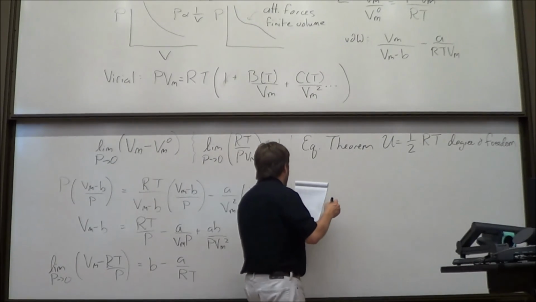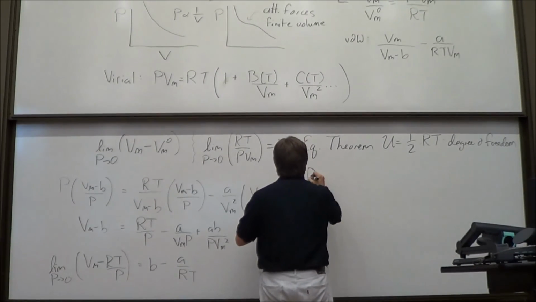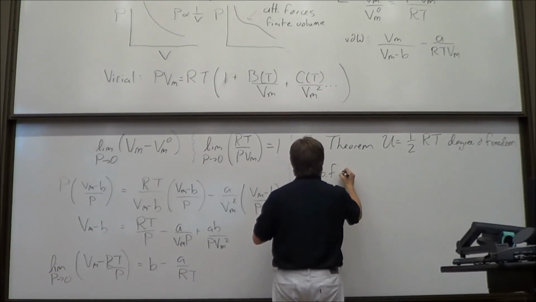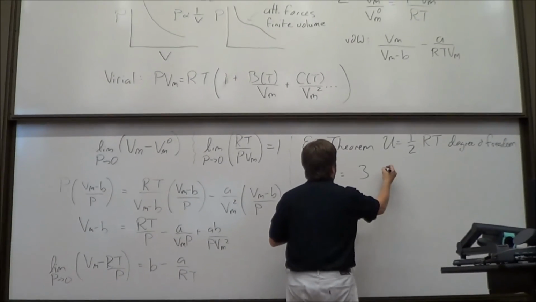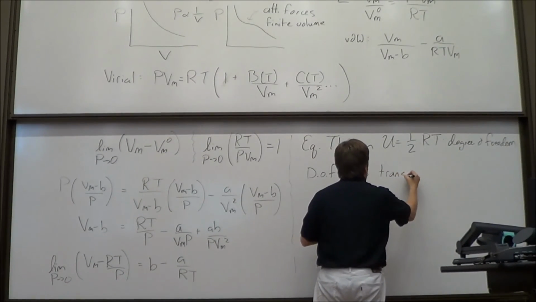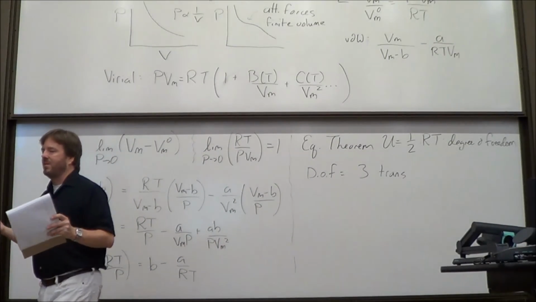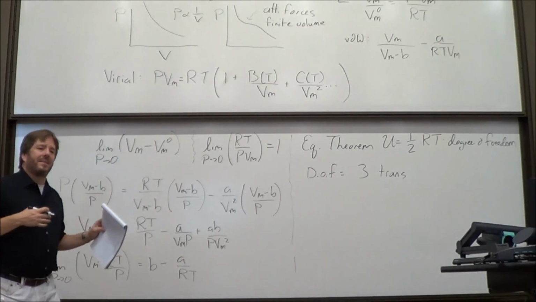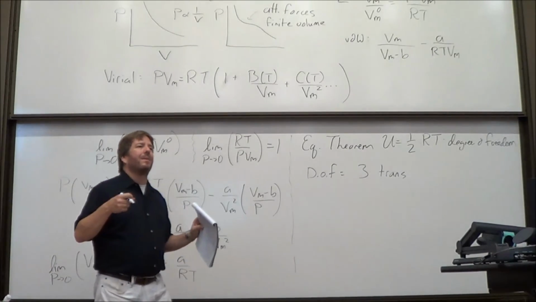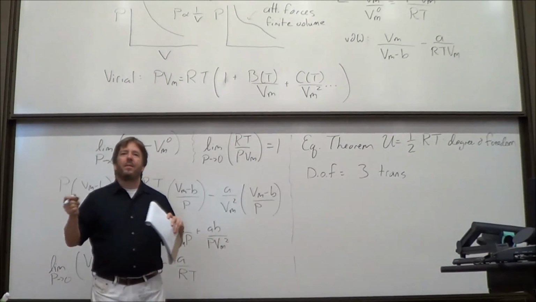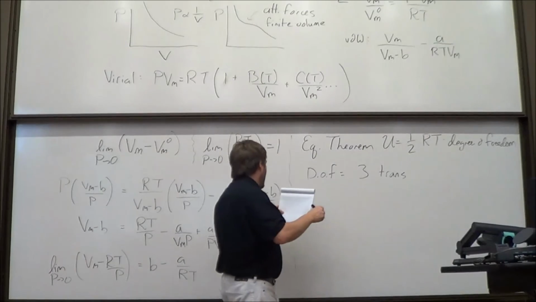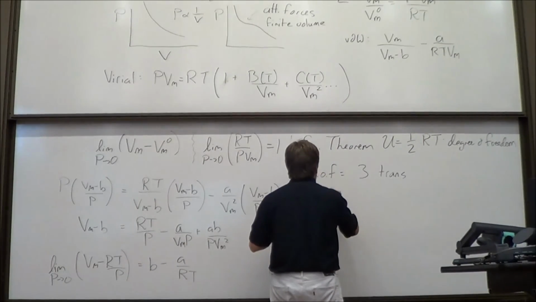Okay, then we need to define degrees of freedom. So DOF. Degrees of freedom are 3 translations. So all gases can translate in 3 different directions because we live in 3 dimensions. So that's helium, neon, xenon, argon. Remember, they can only do that because they can't do what linear